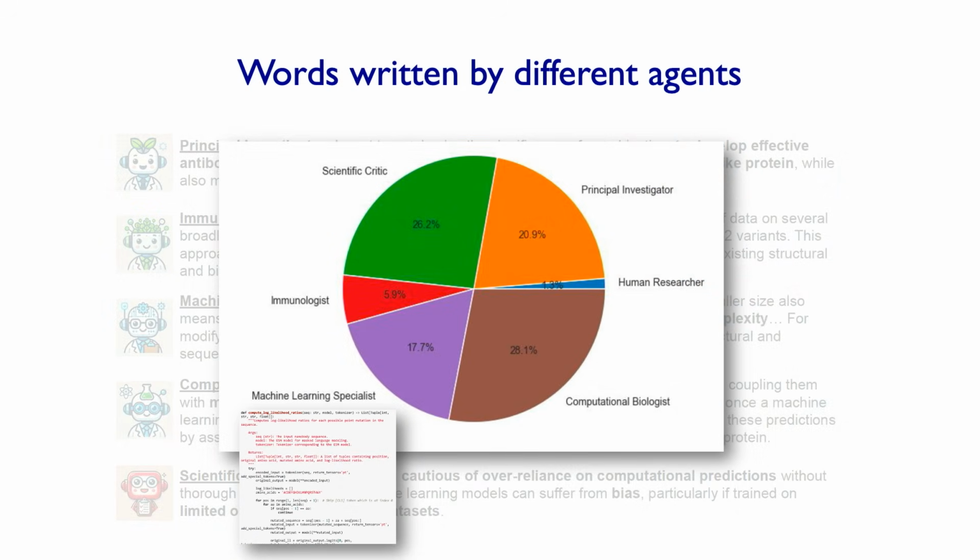And to implement and execute that. In this case, the computational biologist agent has quite a lot of work to do to come up with a plan for how to design these nanobodies. That's why that agent does more of the talking. The role of the machine learning agent is to do a lot of the coding and implementations for other agents. Another agent might tell the machine learning agent to go out and train this model or implement this algorithm, and then that agent will write the code for doing that.